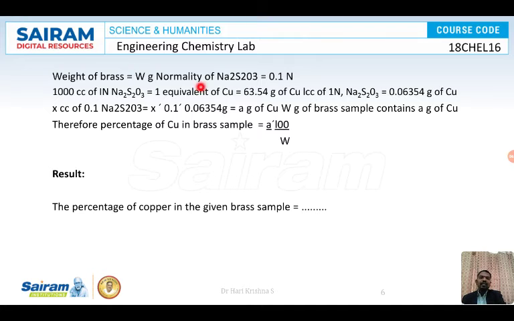Weight of brass is W grams. Normality, we're going to take it as 0.1 or we're going to change it to 1 normal. So 1000 cc of 1 normal sodium thiosulfate is equivalent to 63.54 grams of copper. So 1 cc of 1 normal is equal to 63.54 divided by 1000, which gives 0.06354. Therefore, for X cc